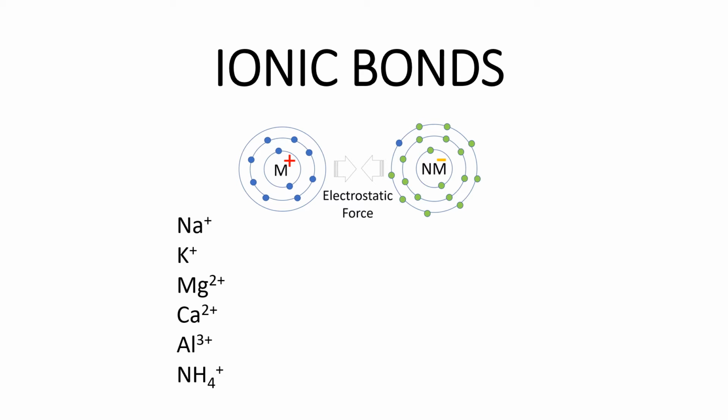Let's take examples of negatively charged ions. Fluoride, chloride, bromide, oxide, and next sulfate 2 minus and phosphate 3 minus, like multi-atomic ions can also be formed. These are examples of negatively charged ions. Then these negatively charged ions and positively charged ions can bond together using electrostatic force to form ionic bonds.